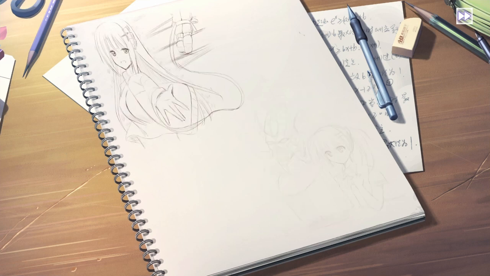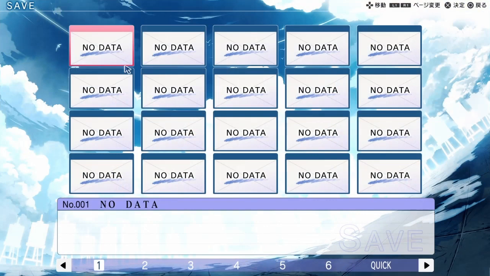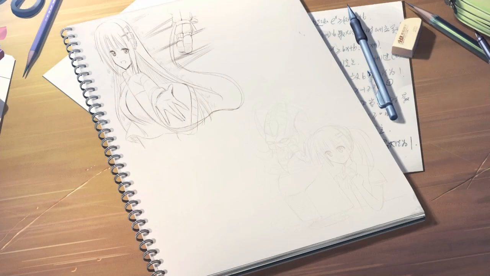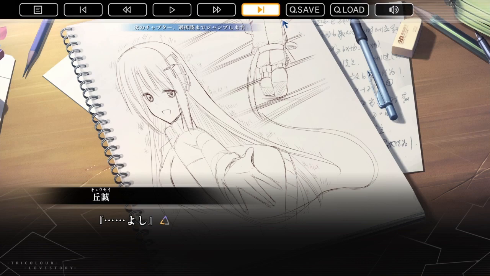So eventually you're going to reach this part where you're no longer going to be able to skip, and you're going to see you're on a notepad, and you can choose from either an image on the top or an image on the bottom. And what we're going to do is make a save. So we hit the square button and create a save in save slot 1. Now that we created a save, we are going to select the top picture, and we're going to go ahead and...